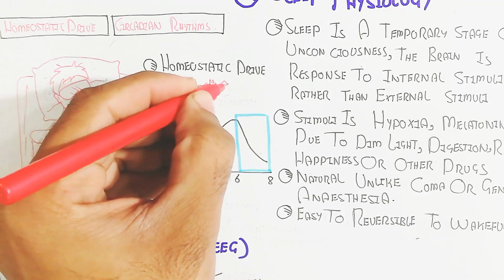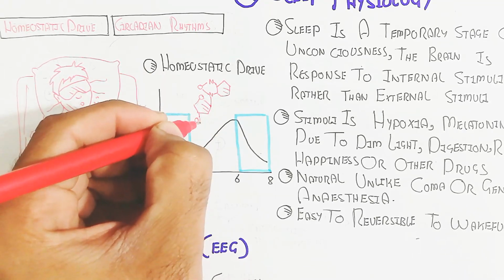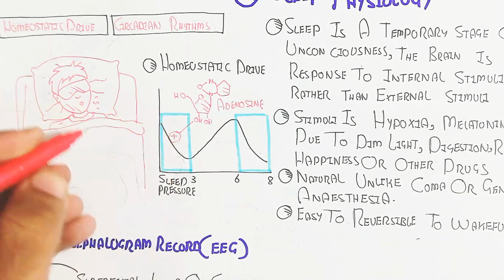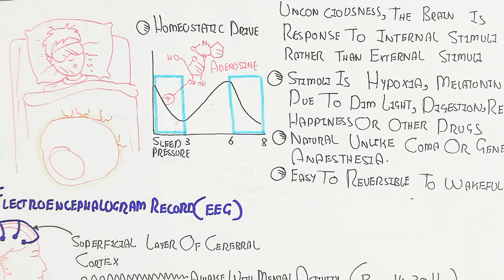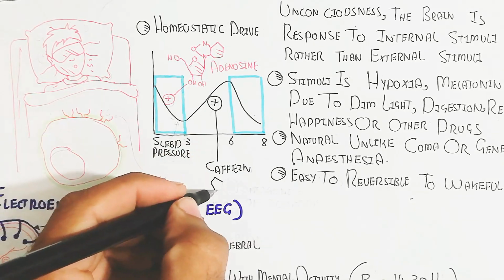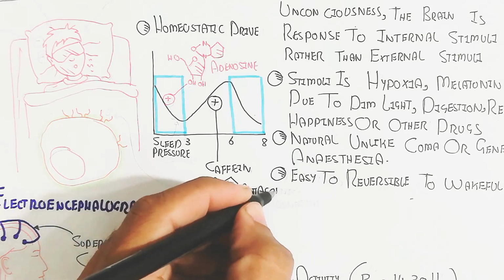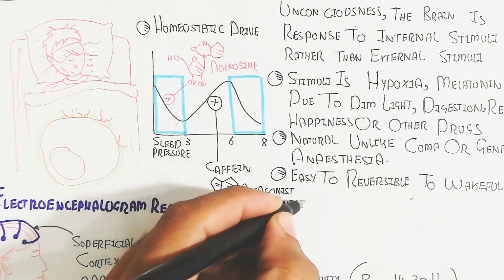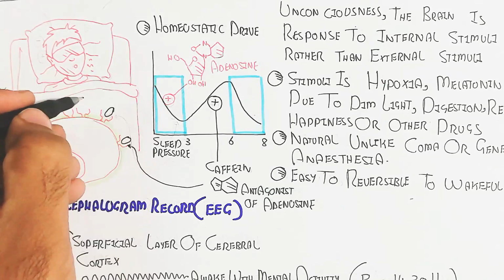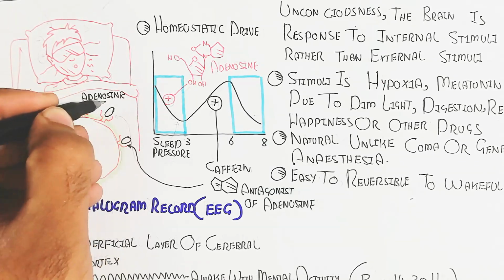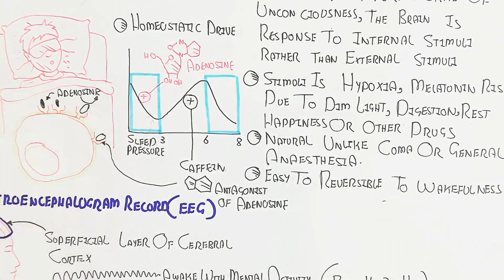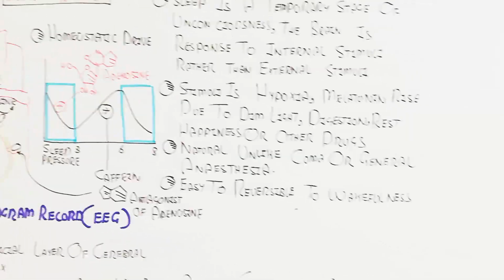Caffeine is also used to inhibit this sleep pressure, and in this way, when sleep pressure is decreased, it leads to wakefulness. So caffeine works antagonistically to adenosine when bound with the adenosine receptor here. In this way, adenosine is unable to bind with the specific region of the brain or nervous system.